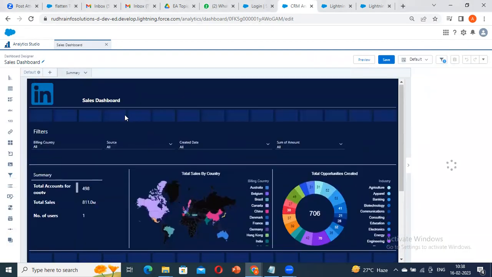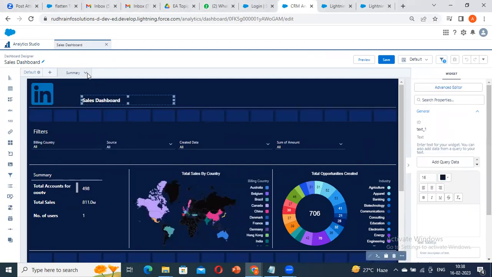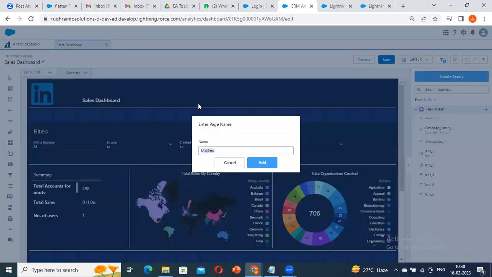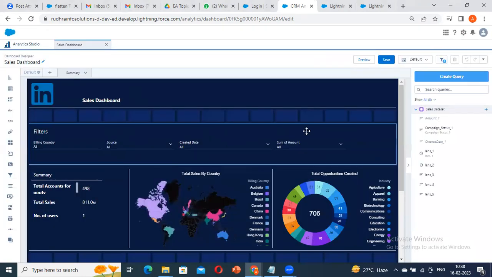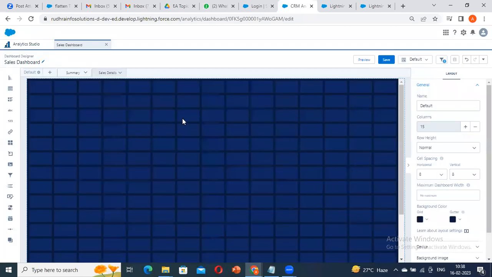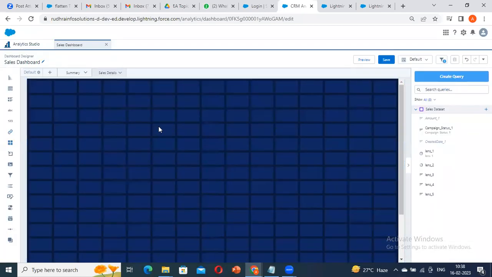This is a summary page, like I said. We can create a details page also. Okay, go to this page and click on this plus button and click on this details. So you could create this detail section. Once the detail section has been created, now what are all the detail analysis we can do here,